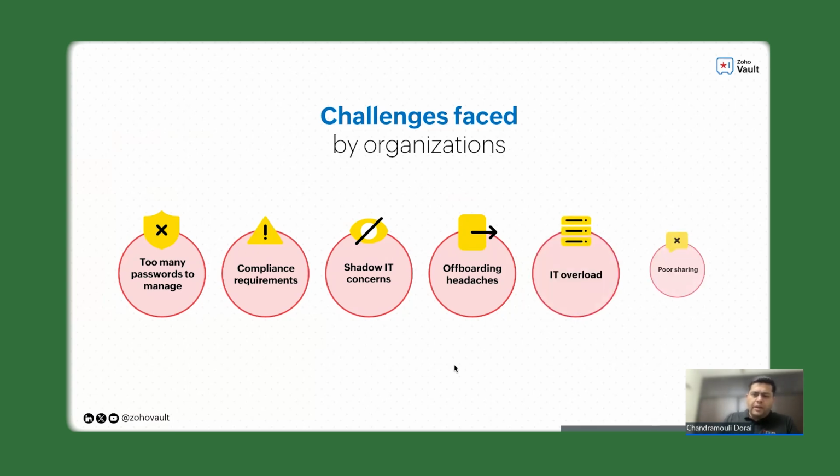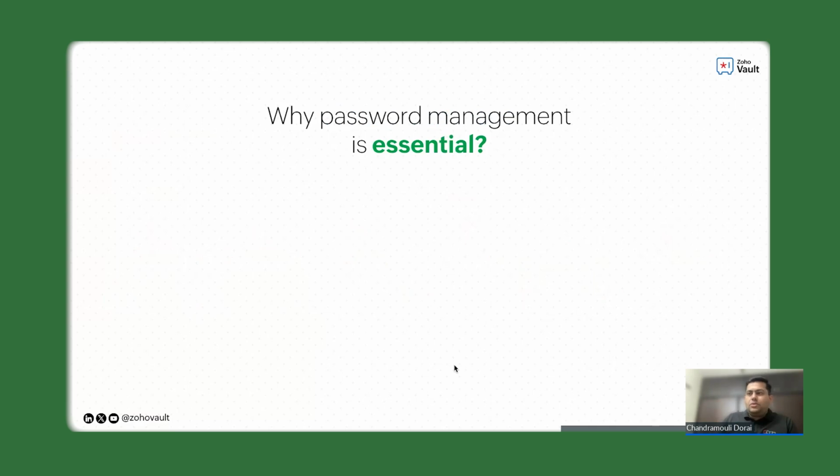And finally, the users start sharing passwords via chat, Slack, WhatsApp. Some companies even print out the password and paste it on the laptop. We have even seen such incidents in the news. And there is another interesting fact that says more than 80% of help desk requests are around password changes or forgotten passwords. And this all gives you a quick idea about why password management is essential,